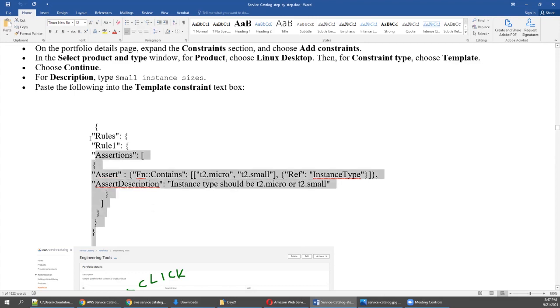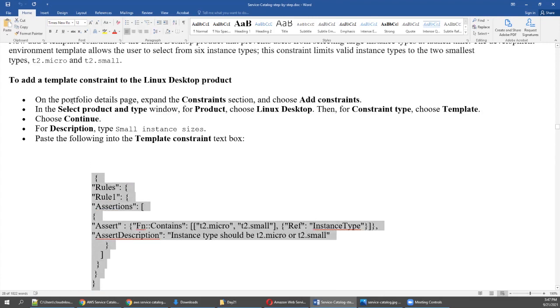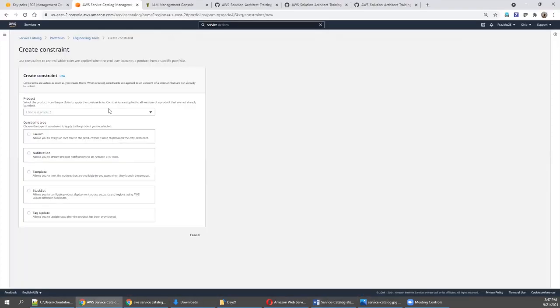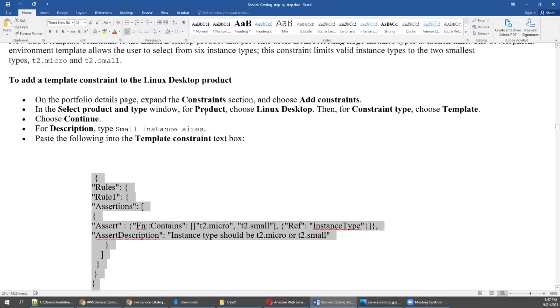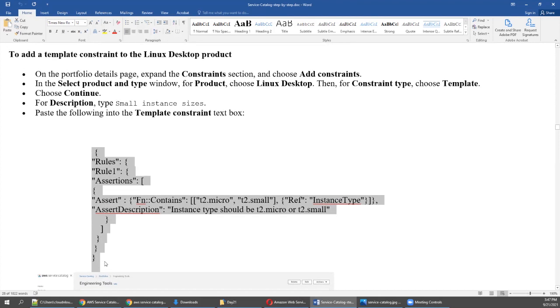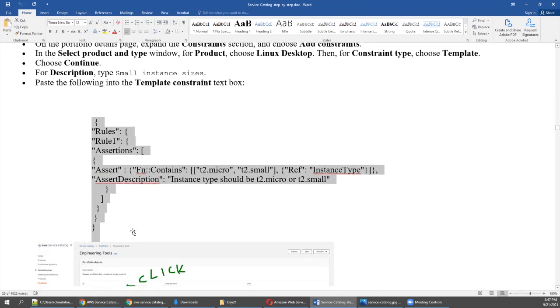That is the first constraint. So basically, we need to add constraint, then choose the product which we created now, go back and select the product type. Yes, we have selected it. Click continue and choose template constraint.